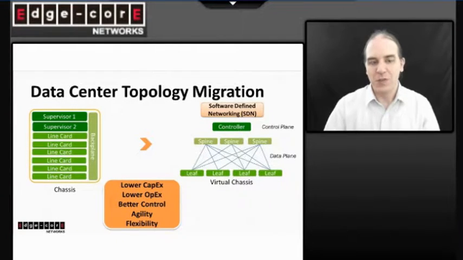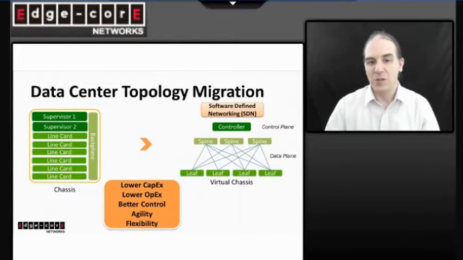Traditional chassis switches used for data centers as aggregation switches usually consist of line cards which connect to servers in the rack, and these line cards are connected through a backplane so that the traffic can flow from one line card to another line card. And the whole solution uses one or more supervisor cards which contain the CPU and the software to direct the whole solution. Now this solution traditionally is quite static, so there's an upper limit of how big you can build this chassis, and for customers it's quite expensive to acquire such a solution because they need to buy the whole